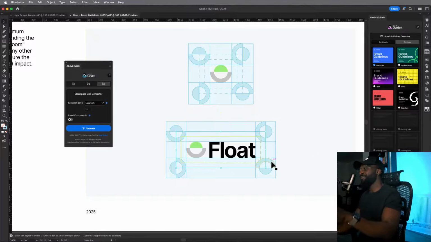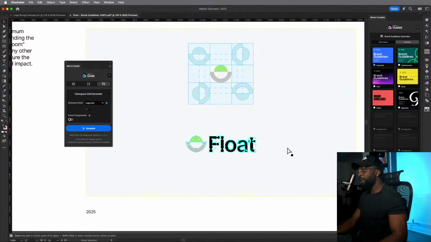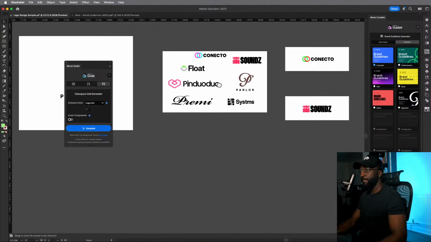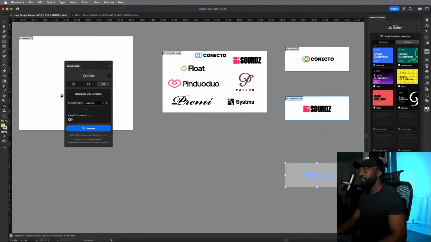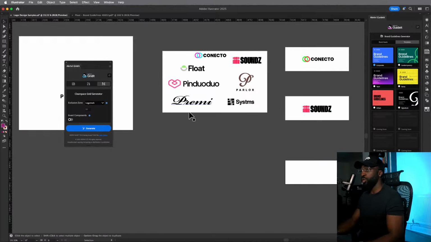But anyways, if this detection gets it wrong, then you can do invert components and it'll swap what the detection is. But if you didn't want that, and for example, let's say you had this for logo,